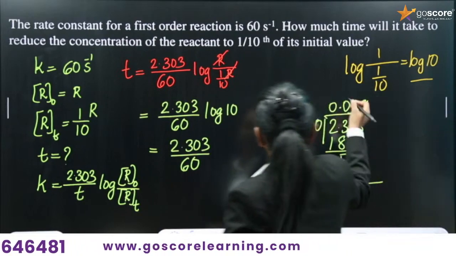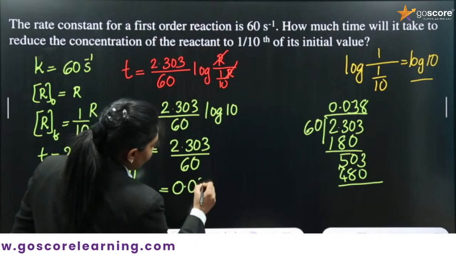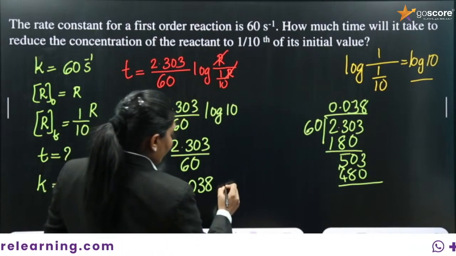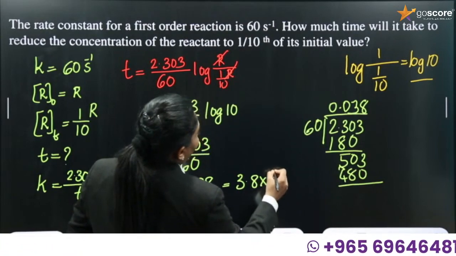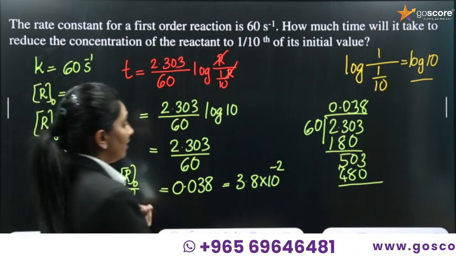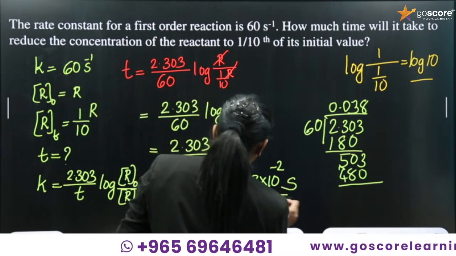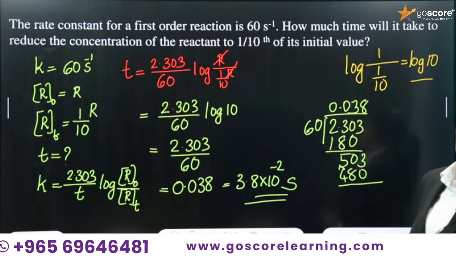So we will be getting 0.038, or I can rewrite it as 3.8 into 10 the power minus 2. That many seconds will be the answer. 3.8 into 10 the power minus 2